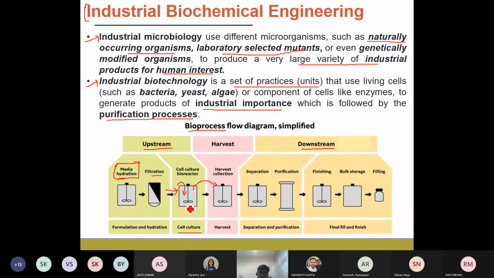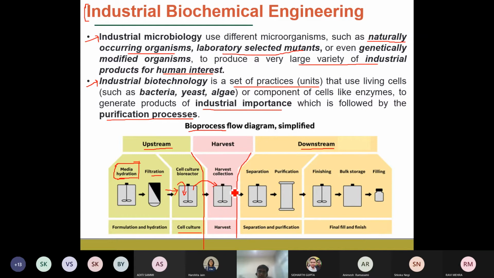Next, in this second stage we have the production media. In the production media, what is happening? A particular desired biochemical is being produced within the fermenter. If you see all the steps, starting from the media preparation, to the autoclaving and the filtrations, and then to increasing the concentration of the cells, all these steps are called the upstream process. Then we have the fermentation process in which the desired biochemical is being produced.